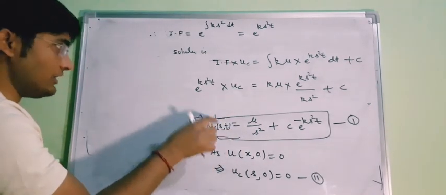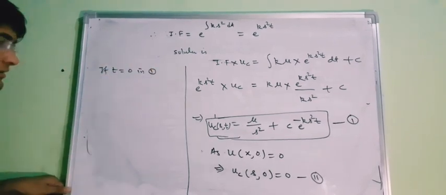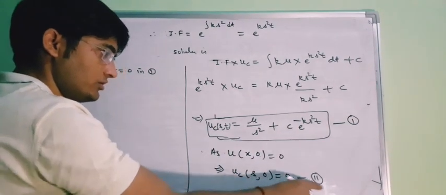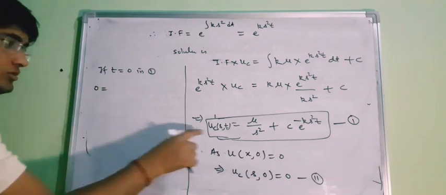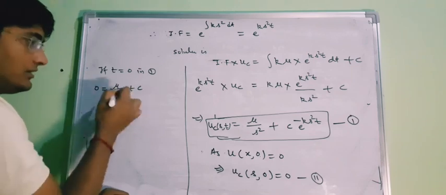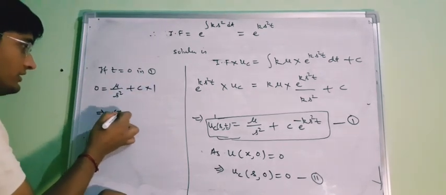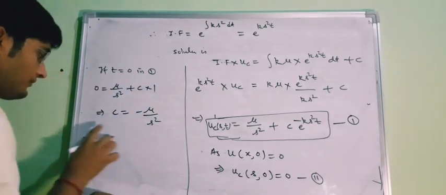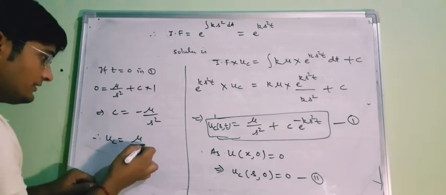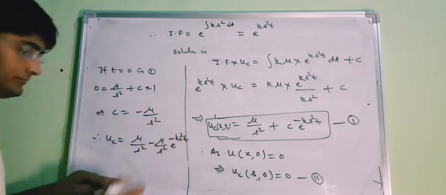Now, if you put t equal to 0 in equation number 1, then you can see that the value of this term will be 0 according to 2. So in the left hand side we will have 0. Now as t equal to 0, we will get c, and as t is 0, e to the power 0 is 1, so we will get 1. So you can see that c is equal to minus mu upon s square. So if this is c, then uc will be mu upon s square minus mu upon s square e to the power minus k s square t, or